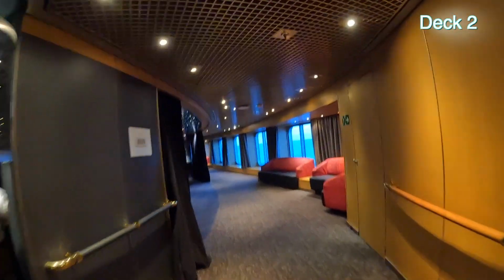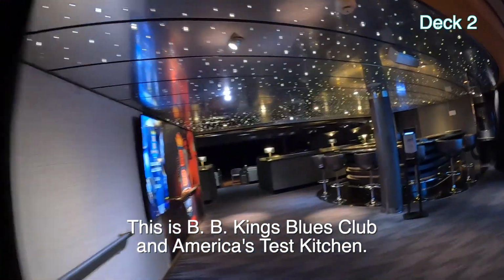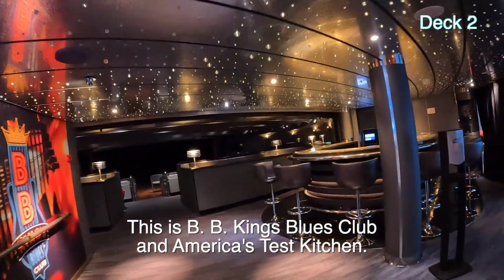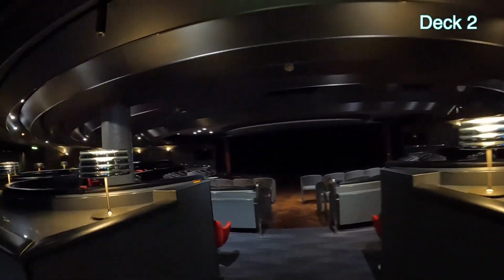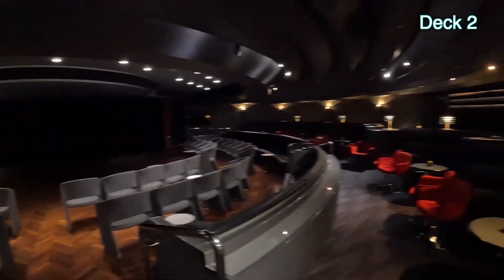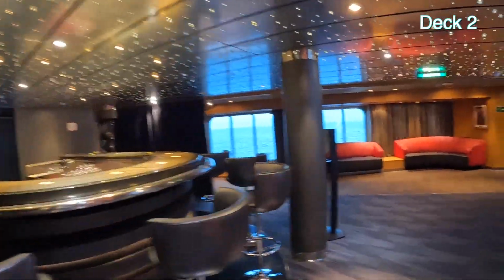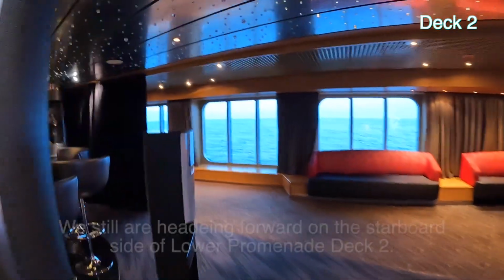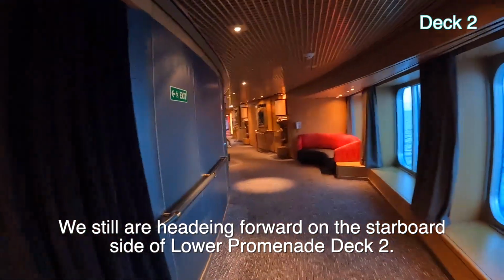I want to show you a couple important things, like B.B. King's Blues Club. And this is it. They play music in here, but they watched football in here yesterday. They do trivia in here sometimes. They do a multitude of things. It's a multi-purpose room, and it's got a bar. So I had to talk really loud over that music, but now we're heading forward again on the starboard side